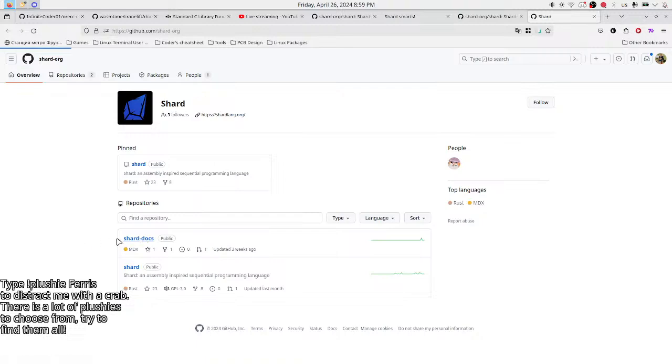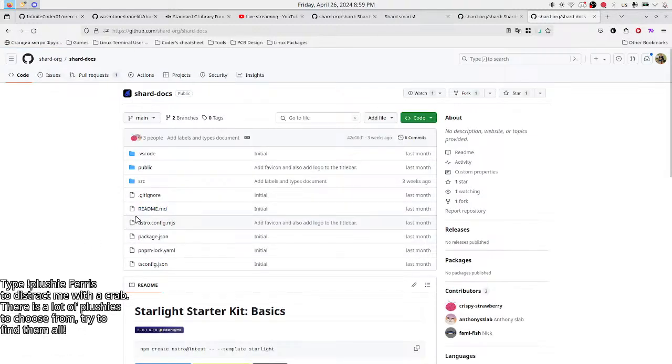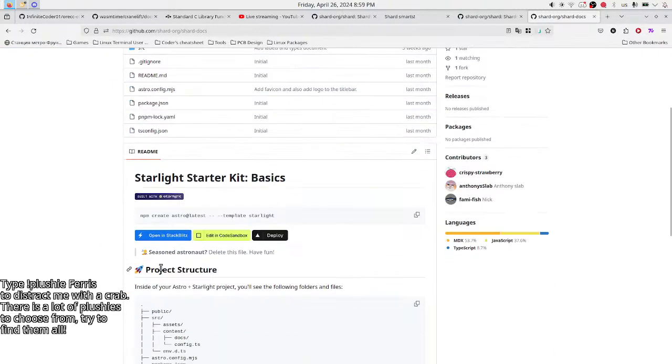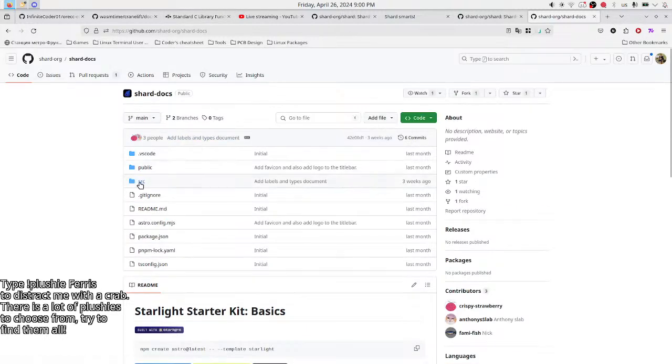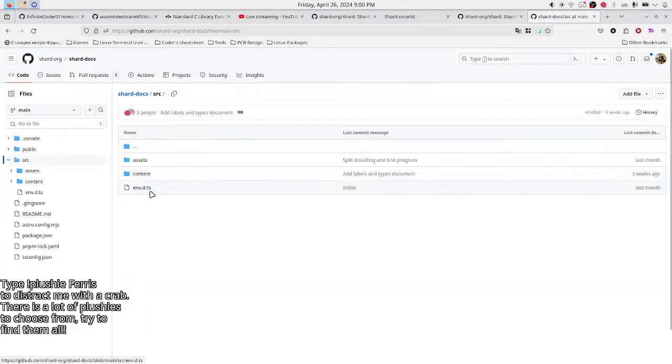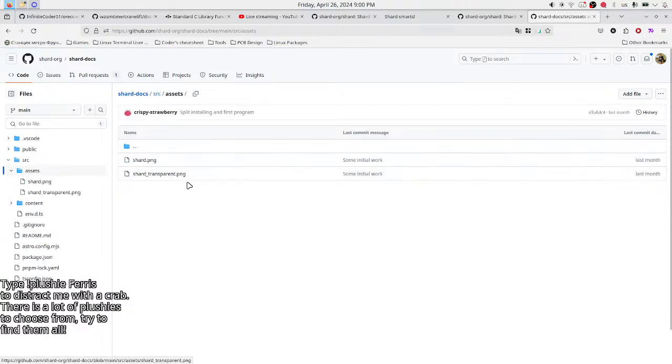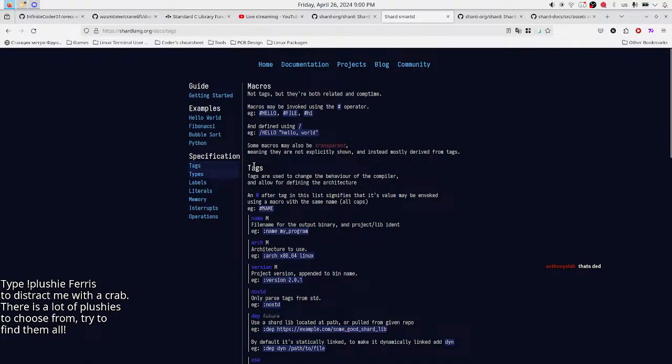Shard and shard docs. I guess the size. I mean, website and Markdown. StackBlitz. CodeSandbox. Build with Starlight. I've never used it. And this is TypeScript, PNG. That's dead. Okay, I guess.